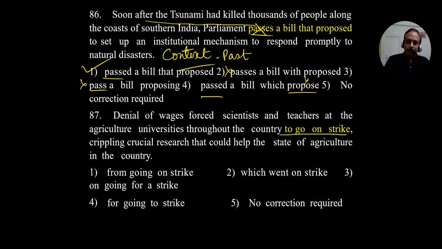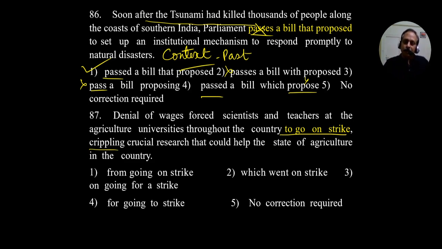go on strike. Cripple means to make something not functional. Usually it goes with people. Imagine someone has met with an accident and he cannot use his legs or arms after the accident. Then we say he has become a cripple. A person could become a cripple either physically or mentally. Sometimes they cannot think properly. After the accident, they get the shock, they cannot think. Then we say he has become a mental cripple. But generally, accidents you come across, people get crippled, physically speaking. Cripple means something cannot function in a normal way.